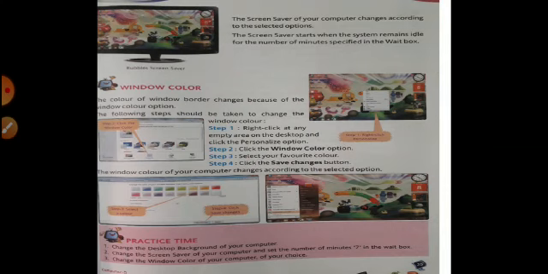The following steps should be taken to change the window color. First of all, you can see the picture in your book. Step one: right click at any empty area on the desktop and click the personalize option, the same step as we follow in changing the screensaver.